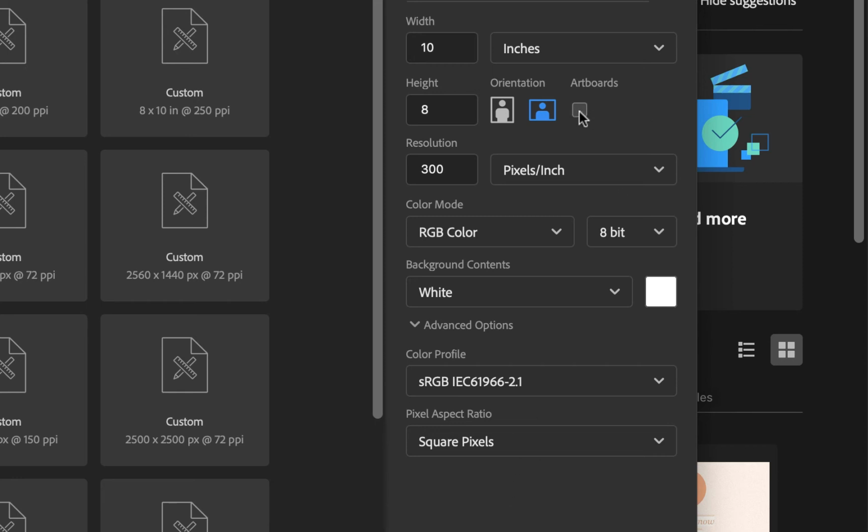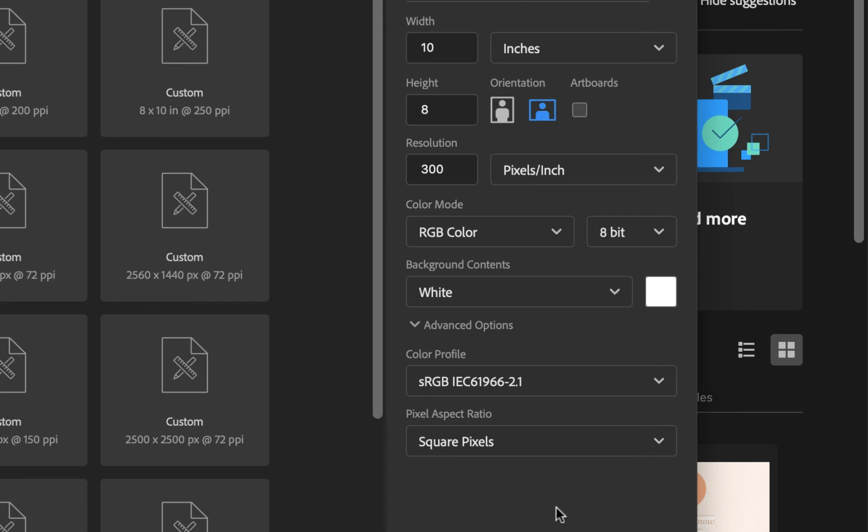The artboards option is newer in Photoshop in the last version or two. They're very useful in Adobe Illustrator. They do allow you to have multiple pages. I would encourage you in Photoshop not to leave that checked unless there's a purpose for using it. A lot of the times, especially as we get into web files, they actually become more problematic in terms of saving files and optimizing files out, and they may actually restrict you. So unless you have a purpose for using it, I would leave that unchecked, and then just know that it's